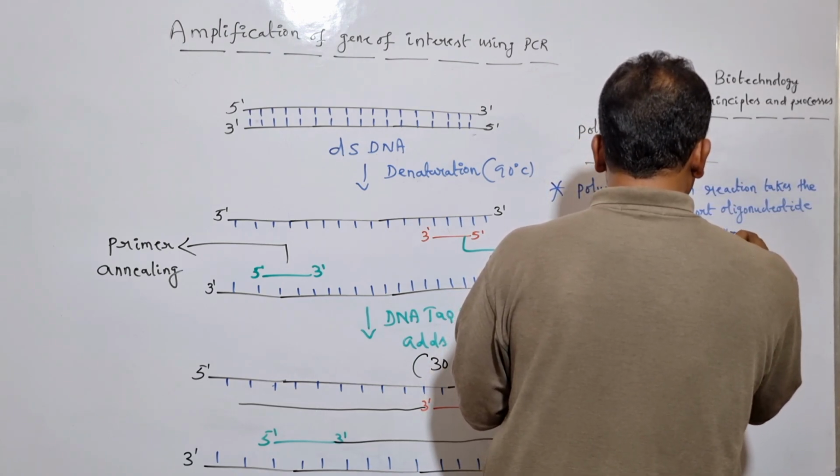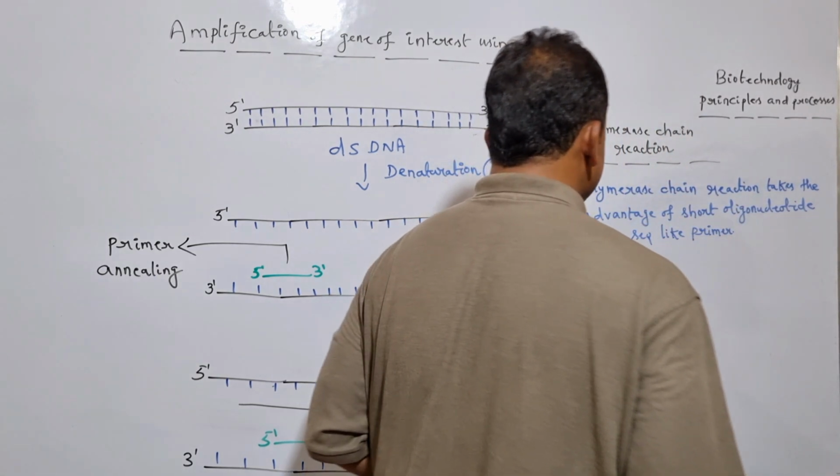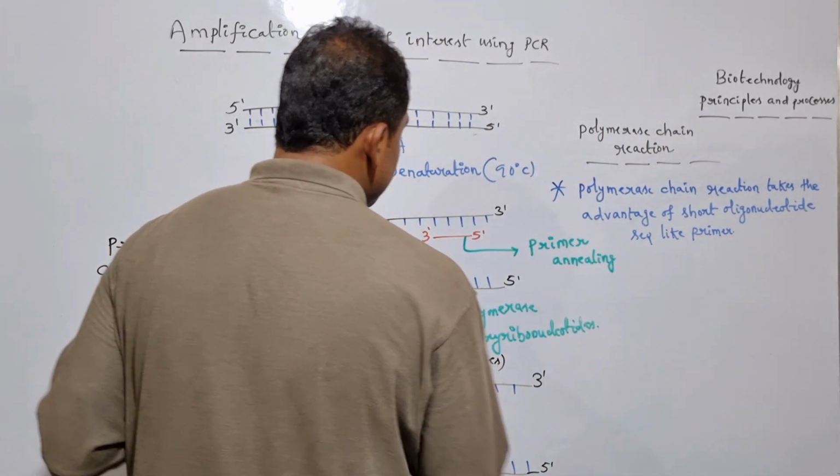So here the specific primer, which is a short oligonucleotide sequence, successfully recruits to the 3' end of